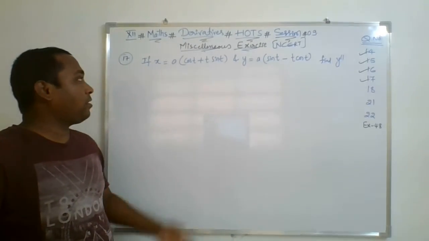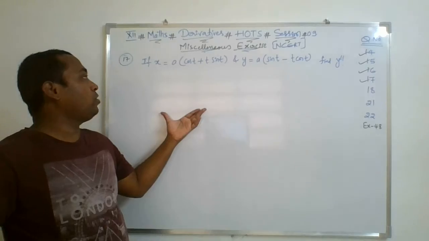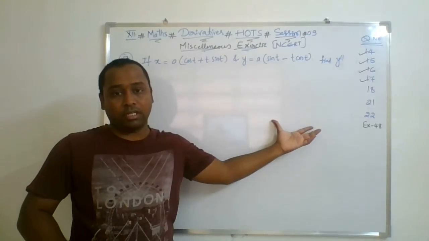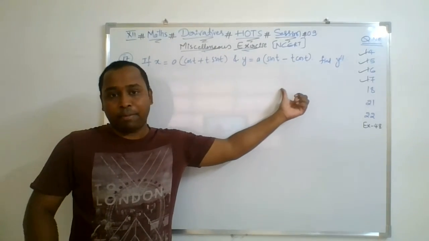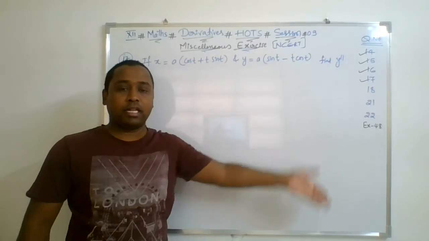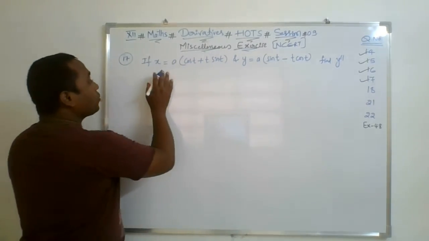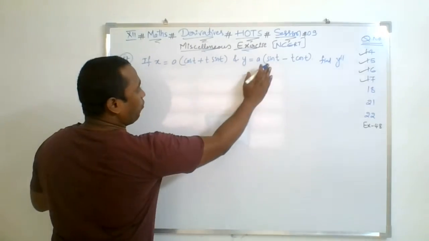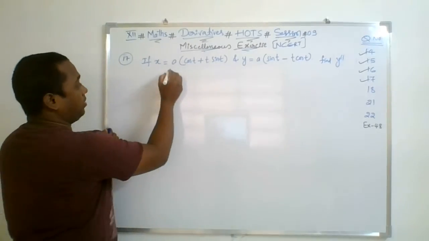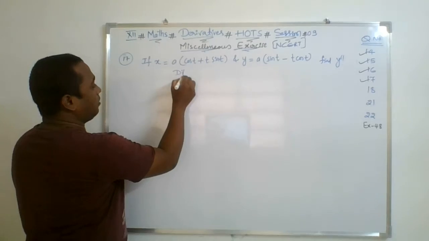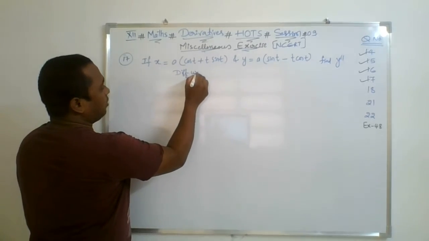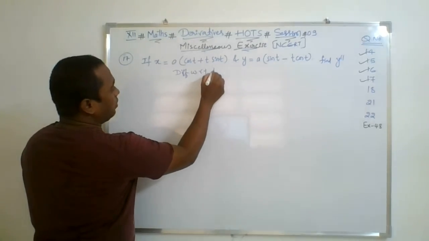So in parametric form, you may do the derivative of both the functions with respect to a common parameter, and thereafter we'll get dy by dx. Just go to the process. So I am differentiating both the equations with respect to t. So I am writing the common statement: differentiate with respect to t.